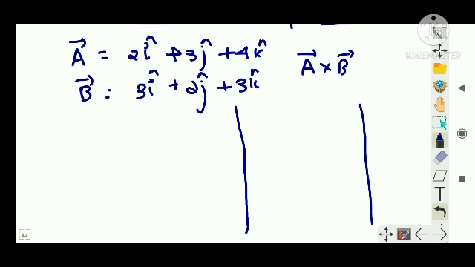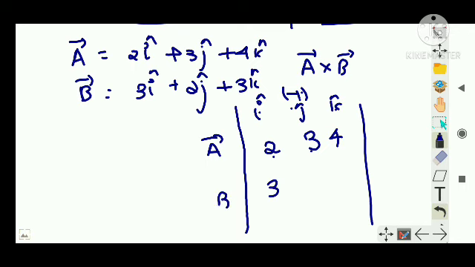Pure mathematics, very easy. Right here write i, j, k, and before j just write minus, right? And write the coefficients for A here. For A I am writing 2, then 3, then 4. That is 2 with i, 3 with j, and 4 with k. Clear? Similarly for the B vector I am writing here 3, 2 and 3. Clear? This is just what I wrote here so that you guys can understand. Now